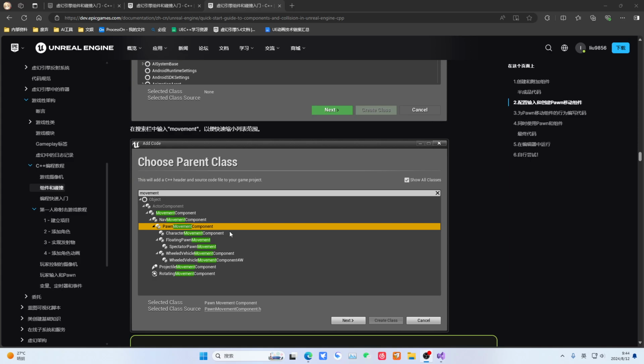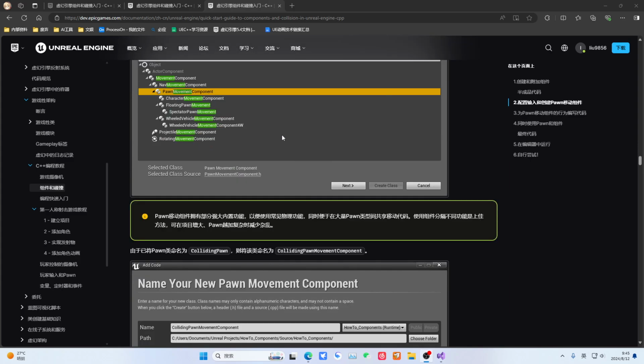And then here in the engine, we look for it, because it is generally not a common class. Find this movement component here. Then we directly calculate the pawn movement component. Actually, when we develop, we make our third layer. We usually use character movement here for the convenience of demonstration, because in most games,